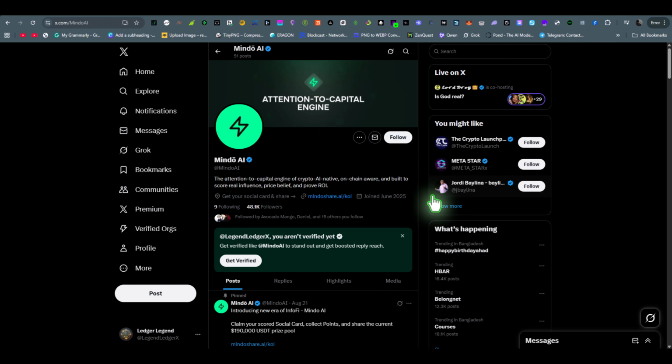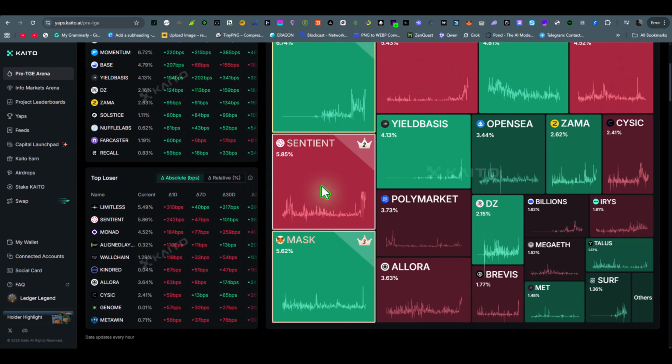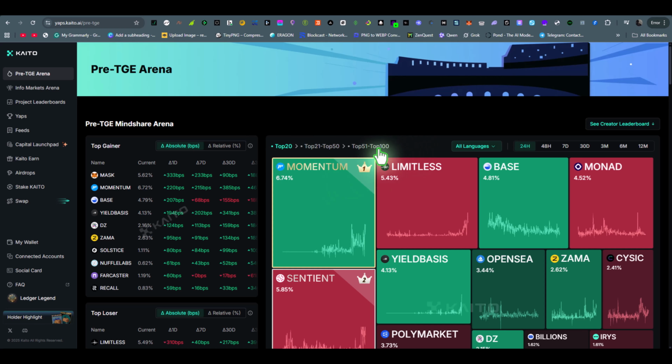If you're an airdrop farmer, then you already know the trend of SocialFi projects. A SocialFi airdrop project gives free crypto tokens to users for engaging in decentralized social media platforms, like posting or chatting to earn rewards. Mindo AI does the same job, as you may already be familiar with Kaito, which gives much higher rewards compared to direct airdrop projects.